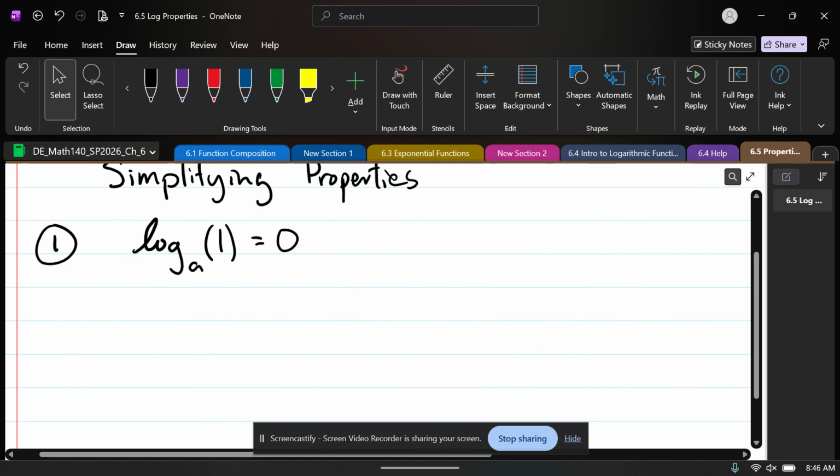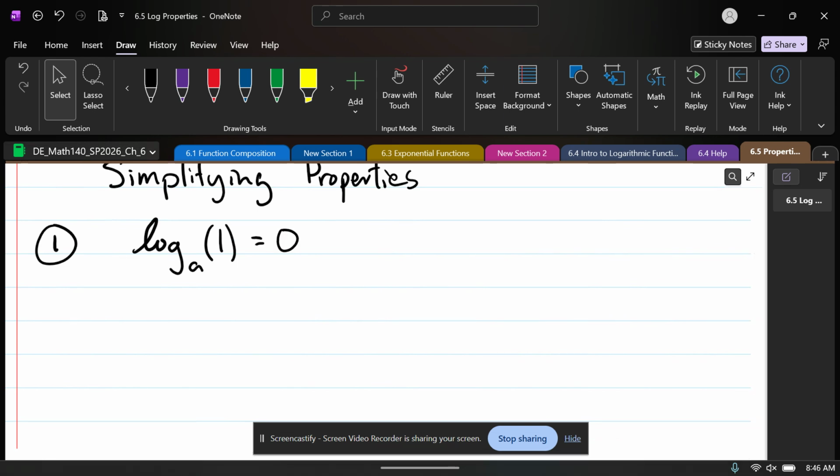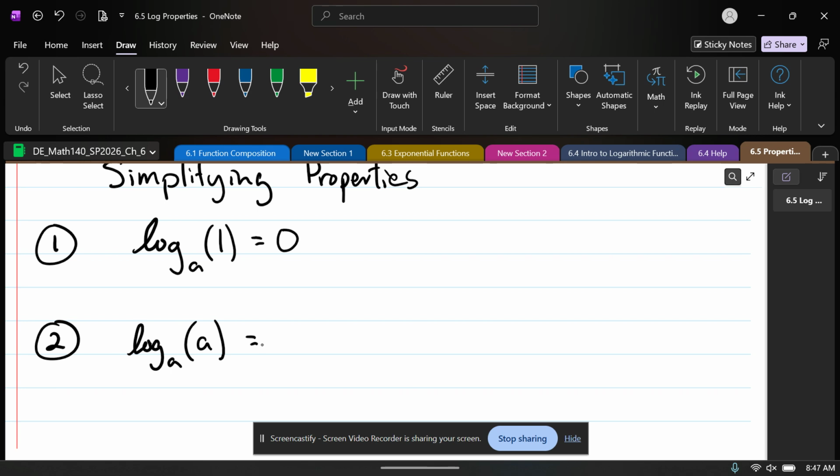So anytime you have a logarithm of any base of 1, then that's going to be equal to 0. So it's kind of like going to cancel out. That's what happens there. So that's a simplifying property. The next one is one we've been using to solve some equations already, and it's where you take the log